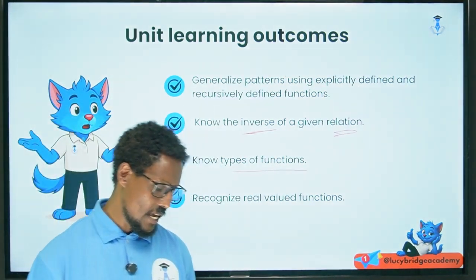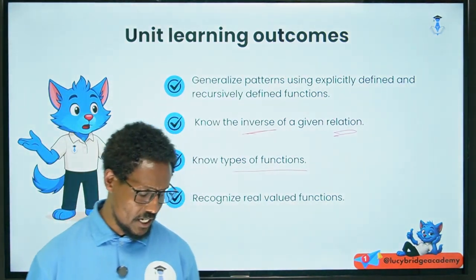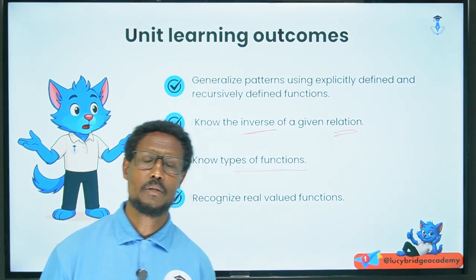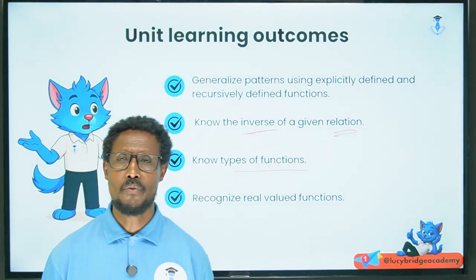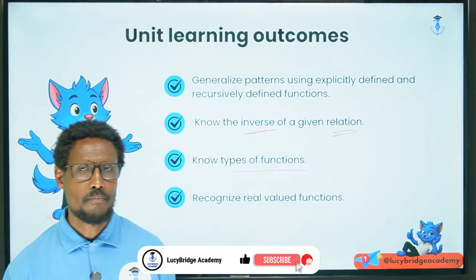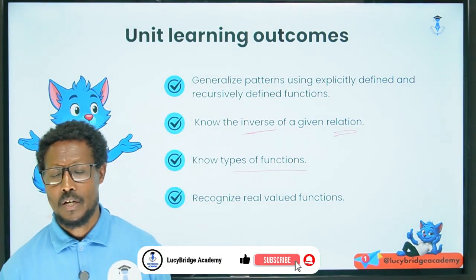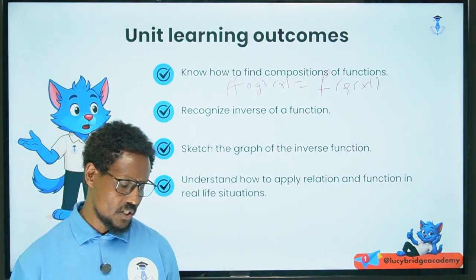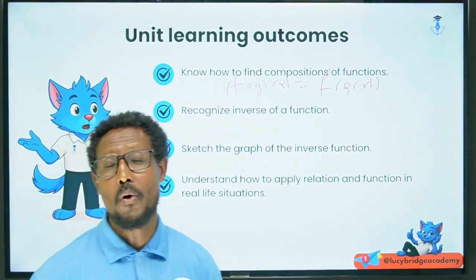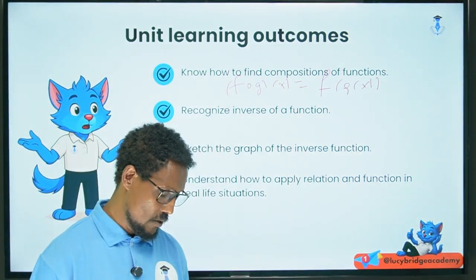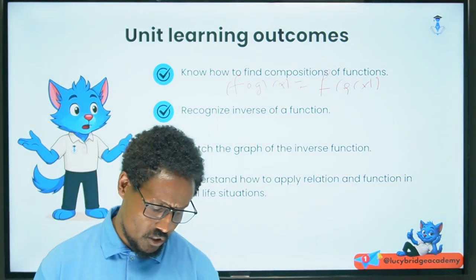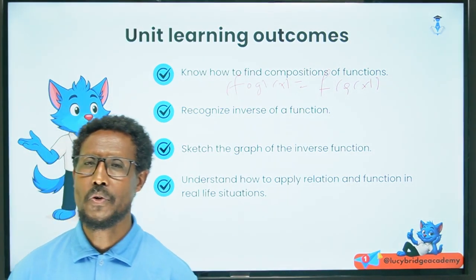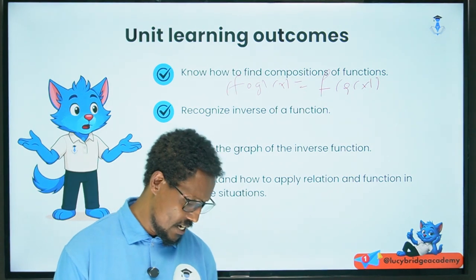What are they? Just we have to know inverse of a relation, types of functions. There are different kinds of functions: power function, absolute value function, signum function, floor function. We will see these functions. Again, we will see the graph of these functions, and again we will see the composition of functions. We can compose two or more functions, and we will see the inverse of the given function, and we will sketch the graph of a function and its inverse. We will draw the graph of the inverse of a given function.